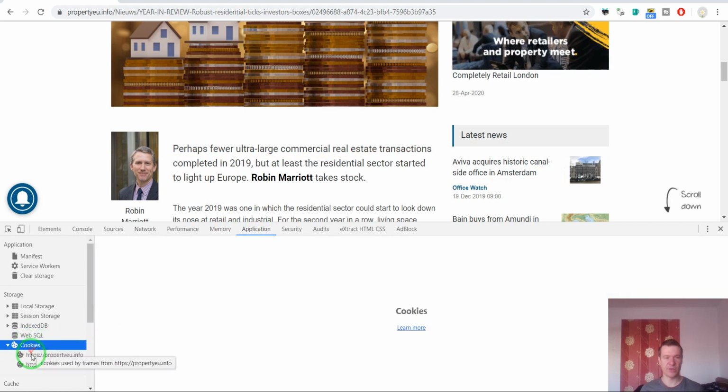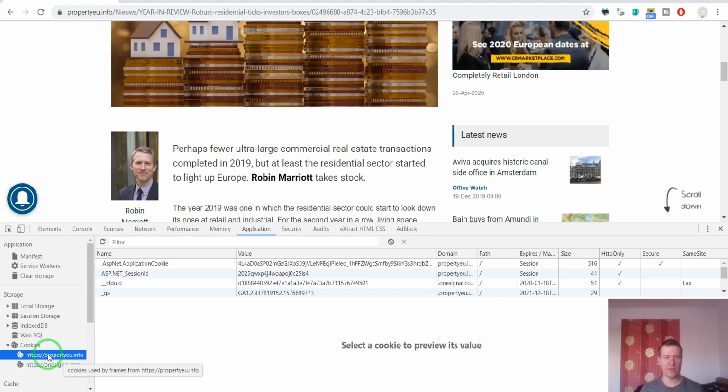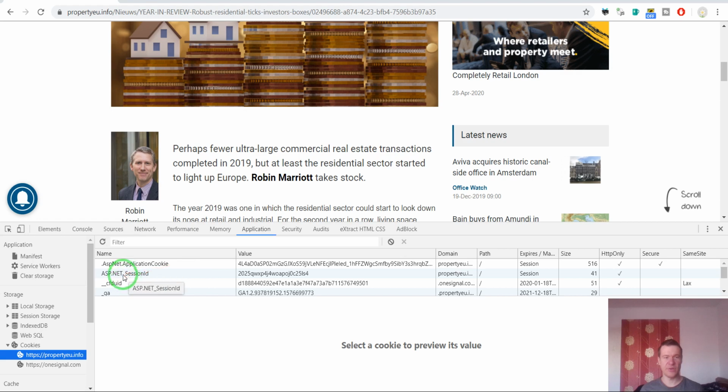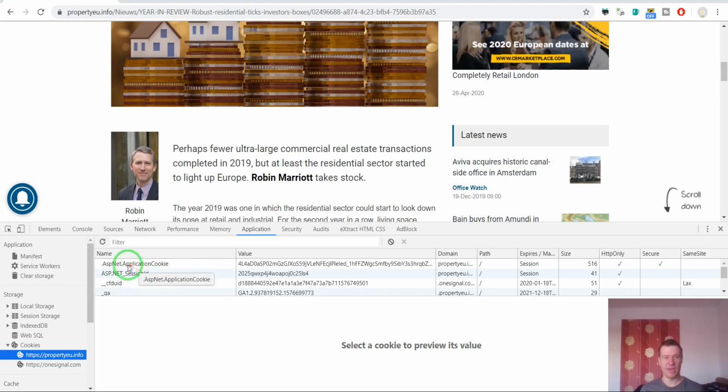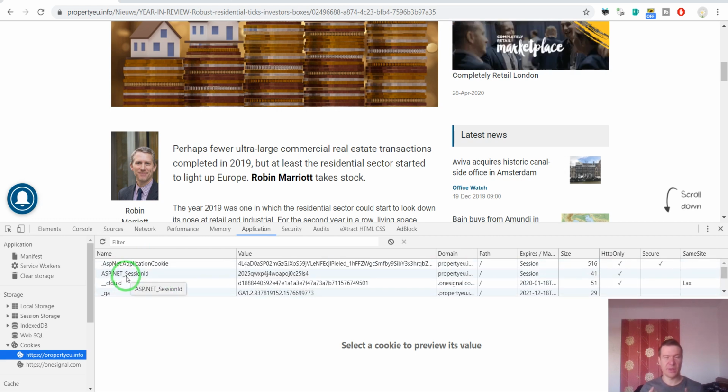Here you should select the cookies and go to the website which you wish to get, and search for cookie values that are named like session ID and application cookie. This is the tricky part of this. However, you can test these things out and try with all cookie values that are listed here, and like this